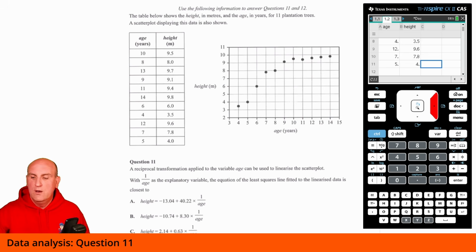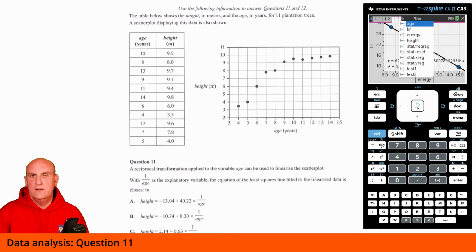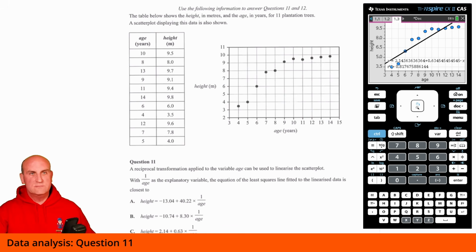What am I going to do now? Well, I always want to make sure that my graph looks like it's supposed to. I want to make sure that it looks like, before I do any transformation, that one there. So again, what I do now is go over here. I go, oh my goodness, that's not right, because I now want age and I want height. And there we go. Does that look right? It does. I'm not bothered about this linear regression at the moment because I'm actually going to change it.